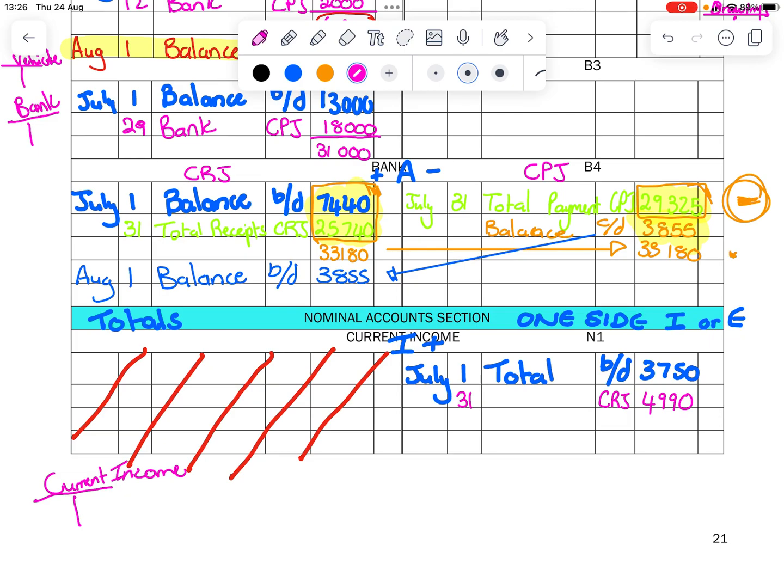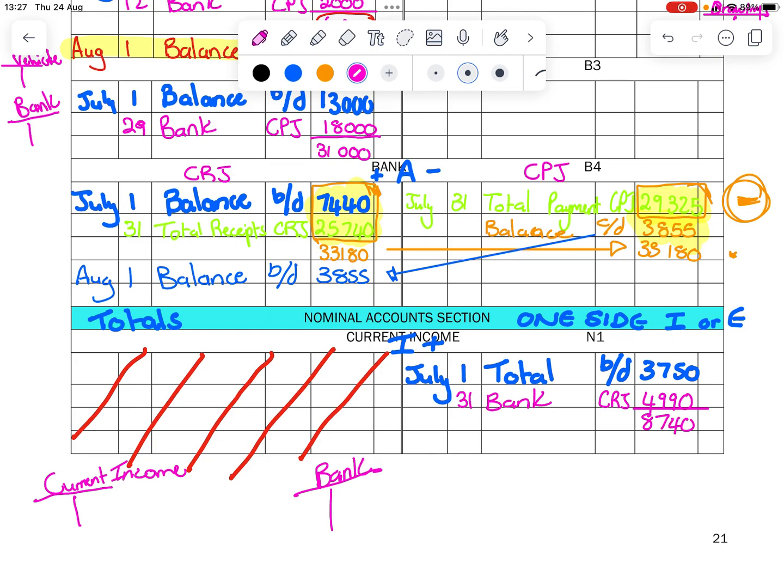And what is always the contra account? It is bank. So we would need to stick bank in our contra account spot. The only thing we need to do to end off this account is to total it up. So we add up our total of 3,750 plus our amount of 4,990, leaving us with